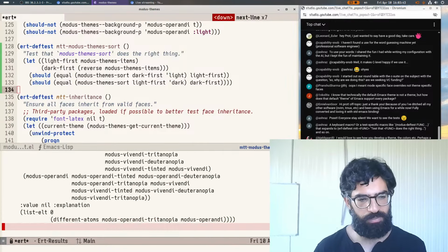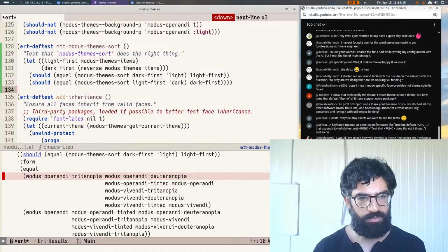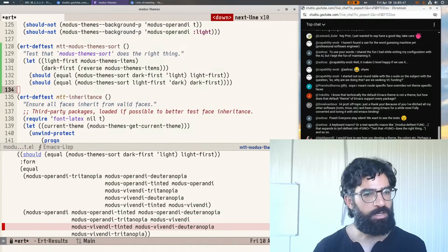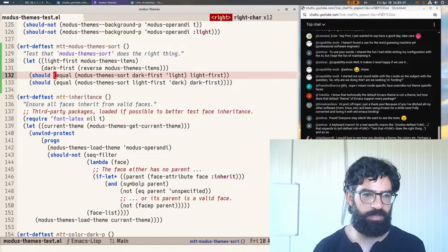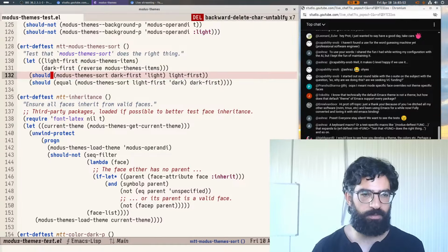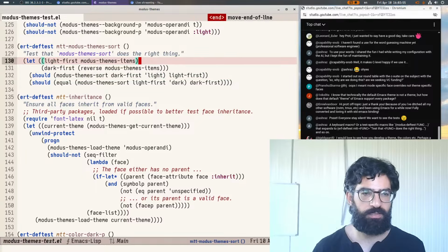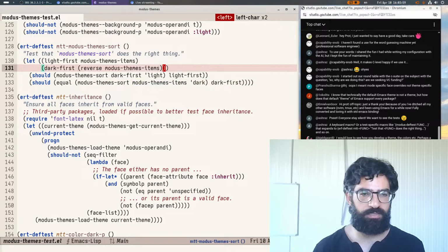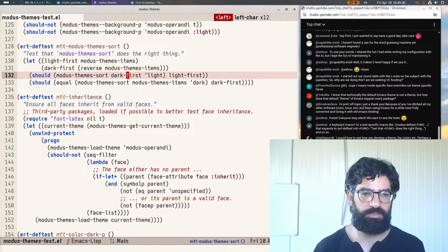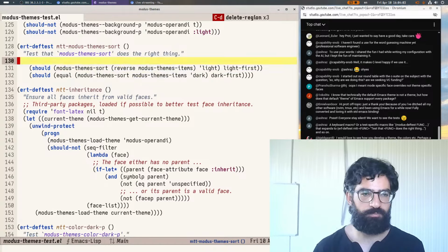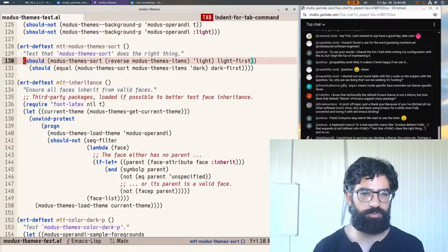Ooh, this is a bit more tricky now because, okay. Actually, what we care about is, let's simplify here. So it's not equal. We don't do it like that. Let's do it like this. So let's put it like this. And here, let's put it like this. And we don't use this. So what we will do here,